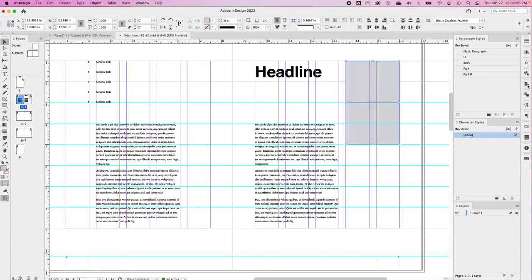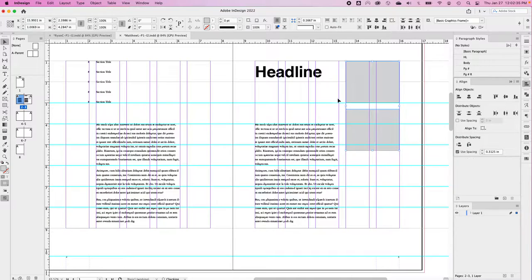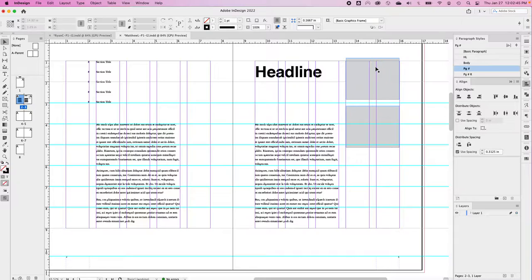Remember that our columns are separated by 0.3125. So I'm going to separate those out. Then I know that's the kind of separation I should have between my images. So I'll pull this down where it fits in the grid, pull this up where it fits in the grid,